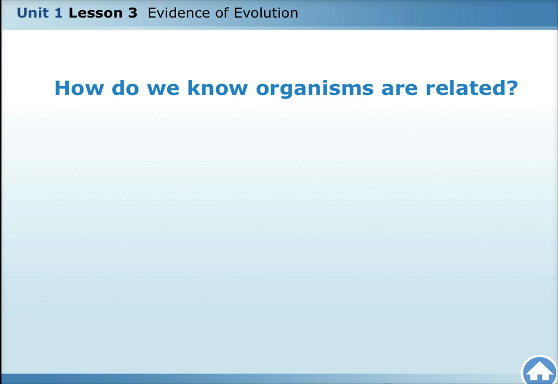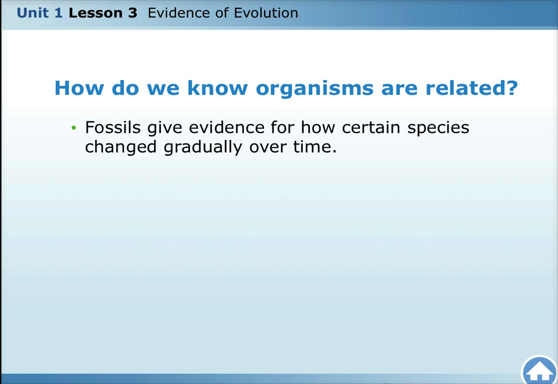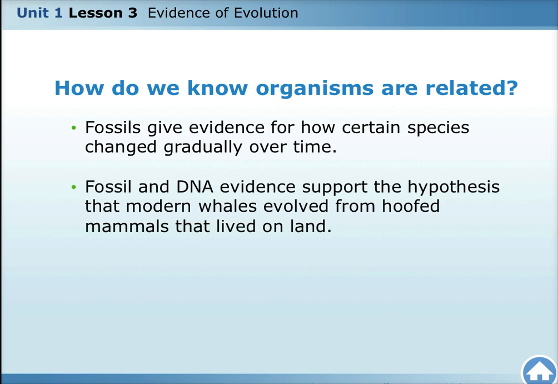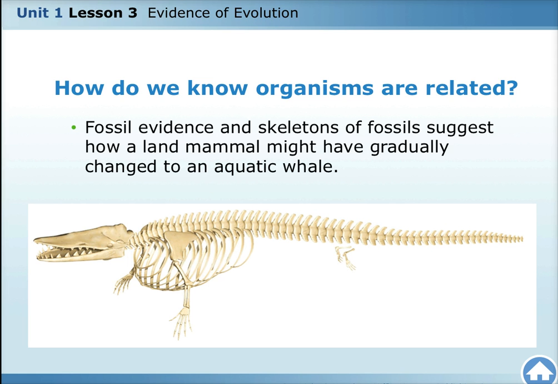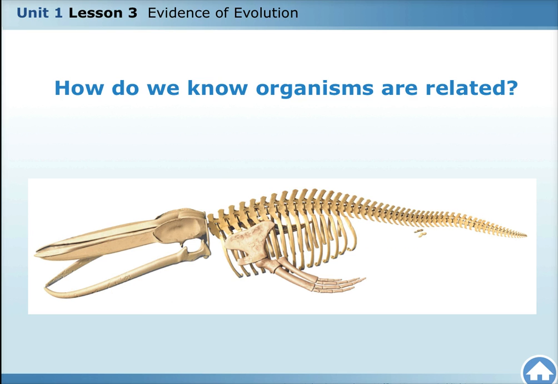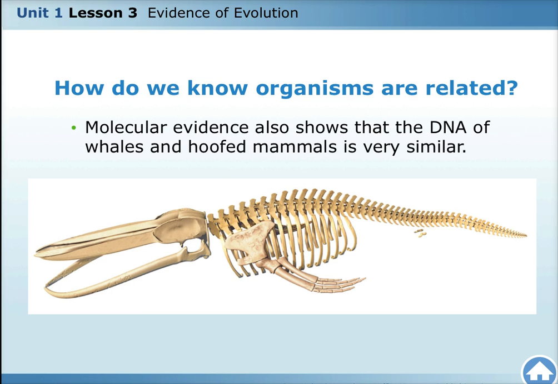So how do we know that organisms are related? I'm on page 34 in the text. Fossils give evidence for how certain species change gradually over time. Fossil and DNA evidence supports the hypothesis that many modern whales evolved from hoofed mammals that lived on land. Scientists have examined transitional characters of extinct species to see how changes happened. Fossil evidence and skeletons of fossils suggest how land mammals might have gradually changed to the aquatic mammal. Molecular evidence also shows that the DNA of whales and hoofed mammals is